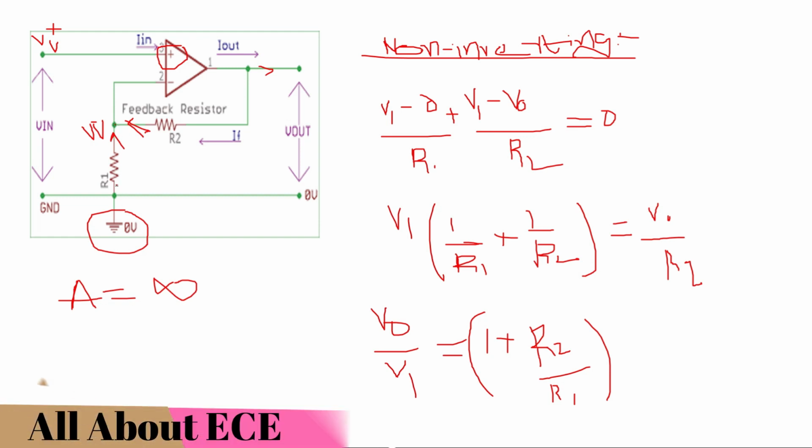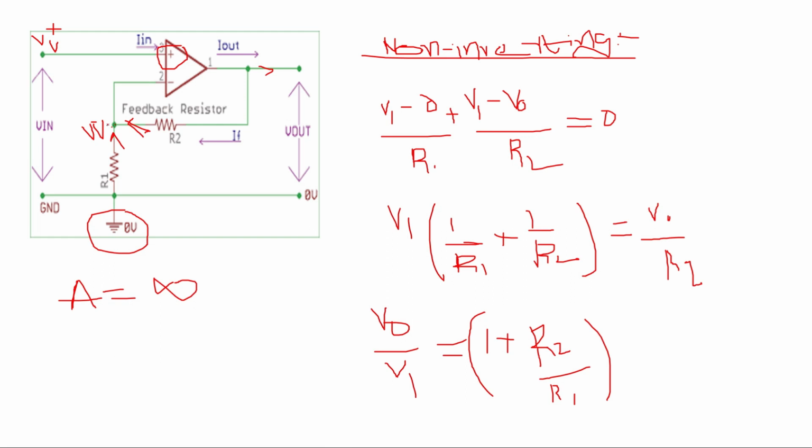V1 minus 0, since current flows from high potential to low potential, by R1, plus V1 minus V0 by R2, where this is V1 and this is V0, I am taking the output. That is equal to 0, as there is no voltage here. So by taking common and shifting V0 to the RHS side,